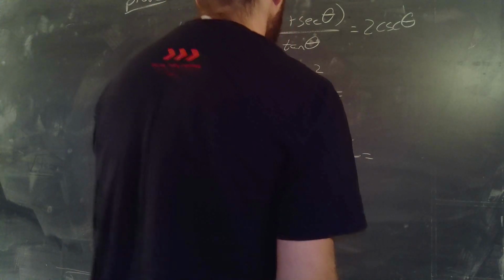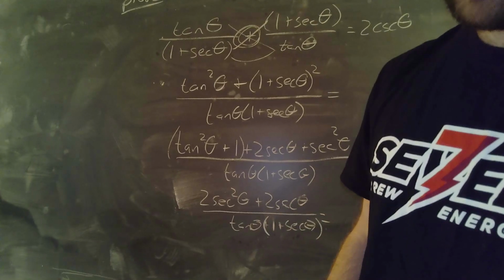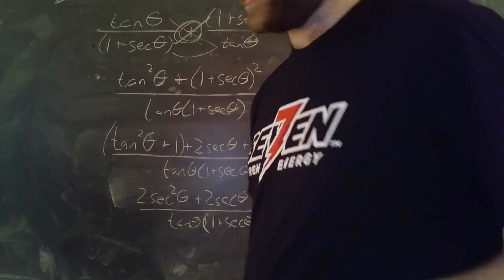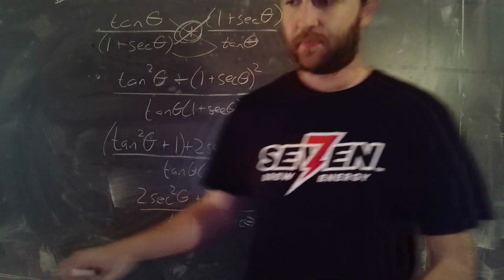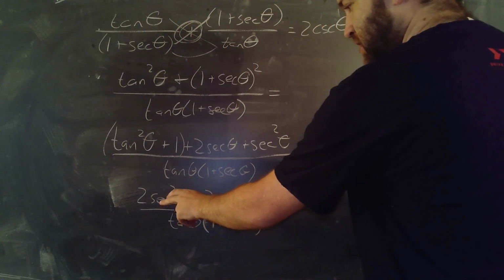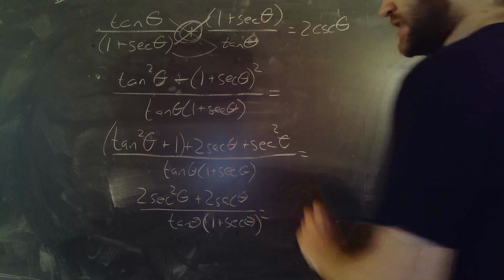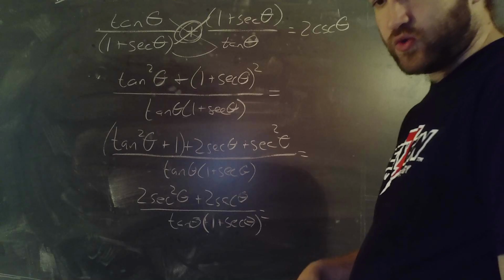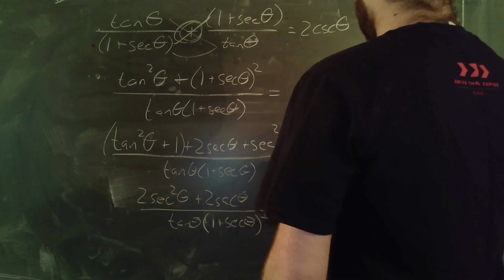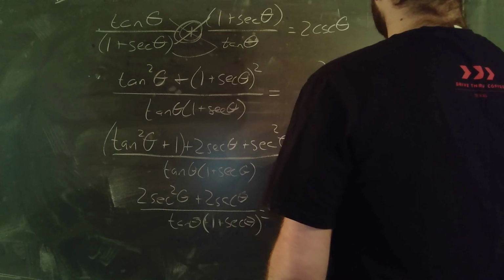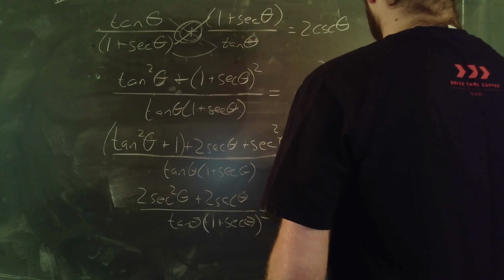Now notice that that actually can be done. And what I'll do is I'll come over to this side a little bit to make it a little bit easier to see. And then I will move this entire line of calculation up a little bit. So if I were to factor the common factor out of the numerator, notice that this is 2 secant squared and this is 2 secant. So both of those terms have a 2 and a secant in common. That allows me to write 2 secant theta times secant theta plus 1 over tangent theta times 1 plus secant